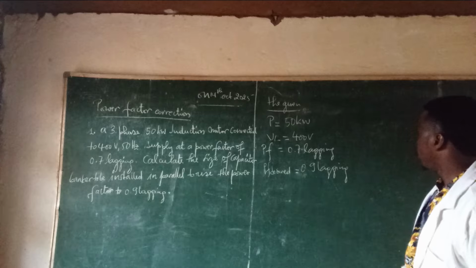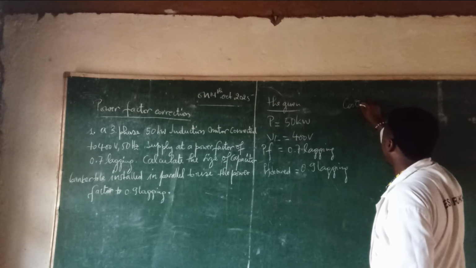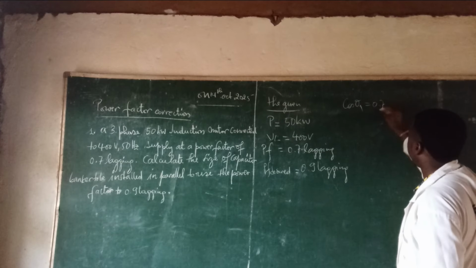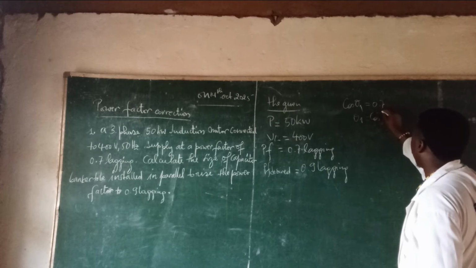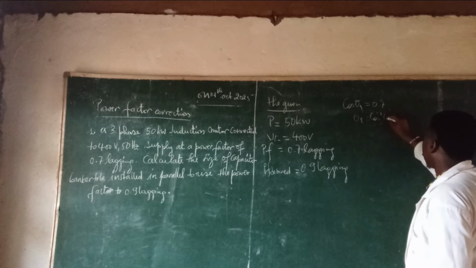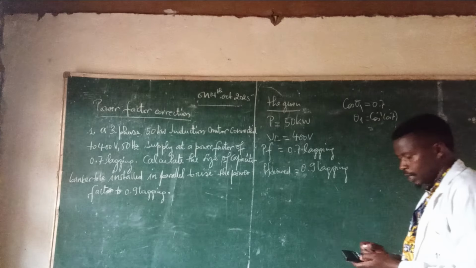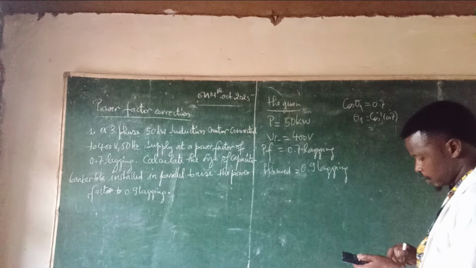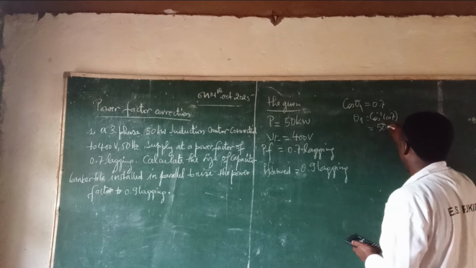Let's begin now. For cos theta 1, which is equal to 0.7, theta 1 is equal to cosine inverse of 0.7. We use our calculator. The cosine inverse of 0.7 gives 50.63